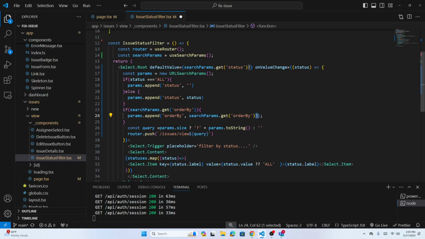So that's just giving the assurance that there is the order by. So just get that one and store order by equal to whatever that order by is. That may be the title or status or created at. Done. Once our params string is ready now, once that is ready,